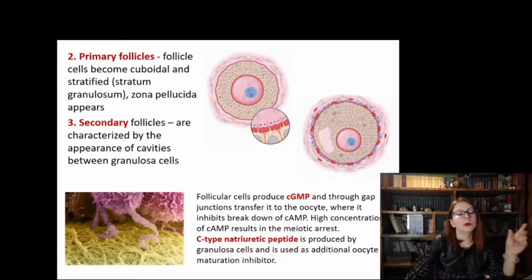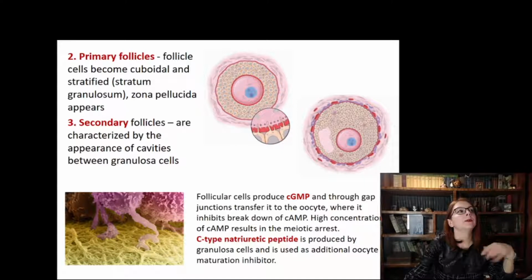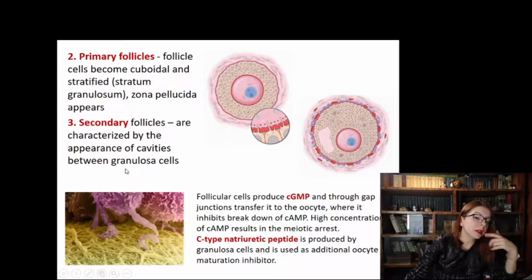Along with those 28 days, in every menstrual cycle, several follicles, 10 to 20 follicles, start to grow. Only one ovary works every menstrual cycle, left or right, and they work alternately, one by one. And out of those 20 follicles, only one becomes mature, but they all start to grow. And after primordial follicles, the next stage is primary follicles. The difference is that in primary follicles,